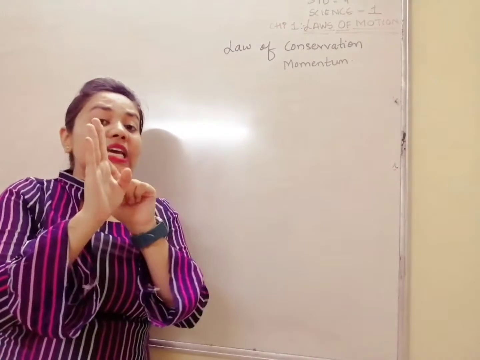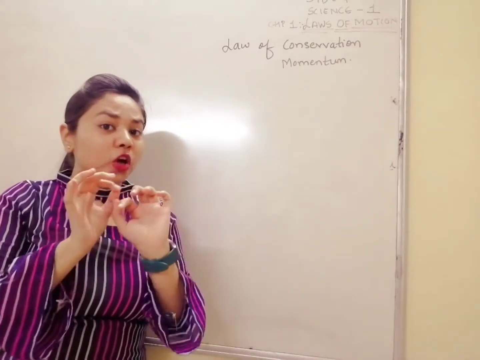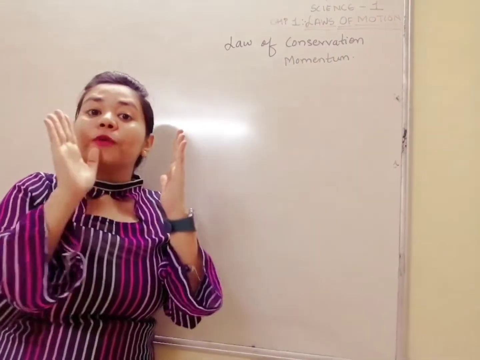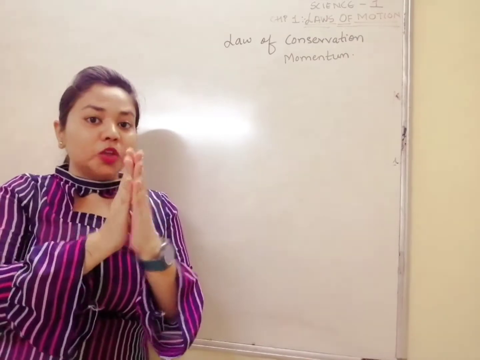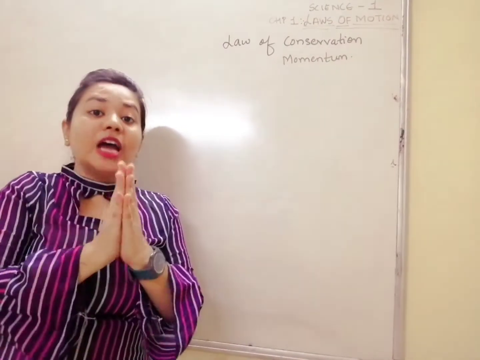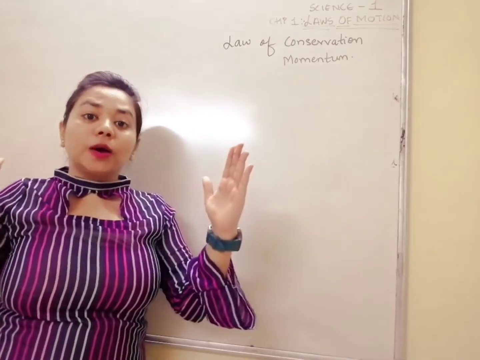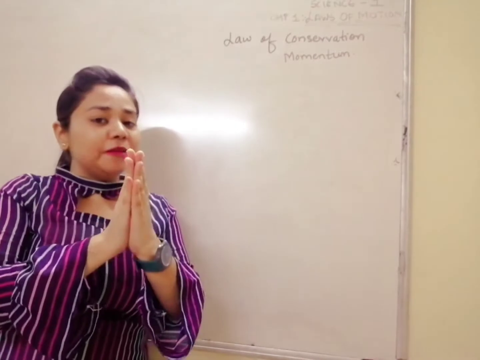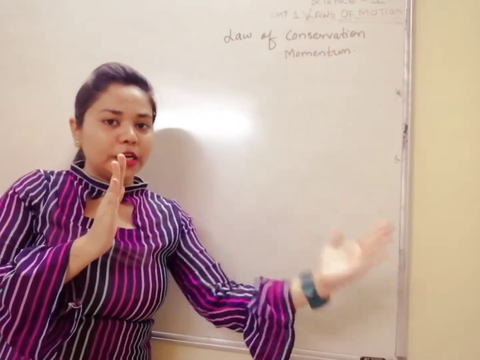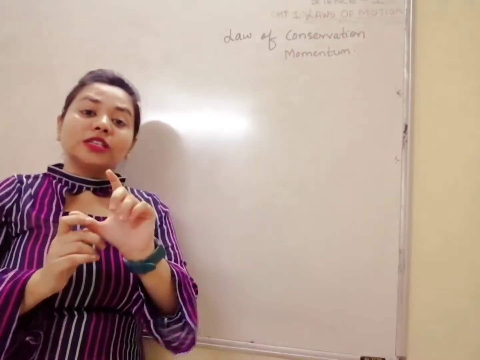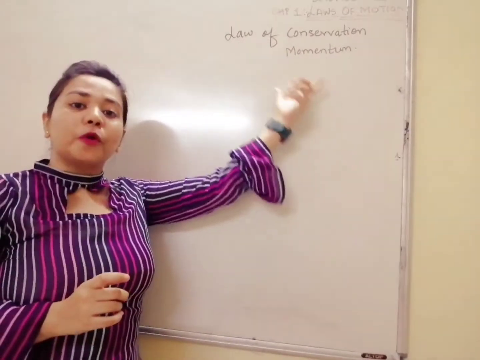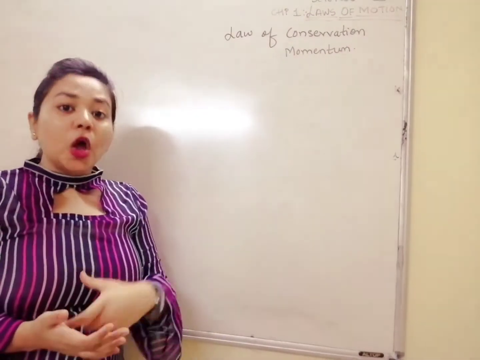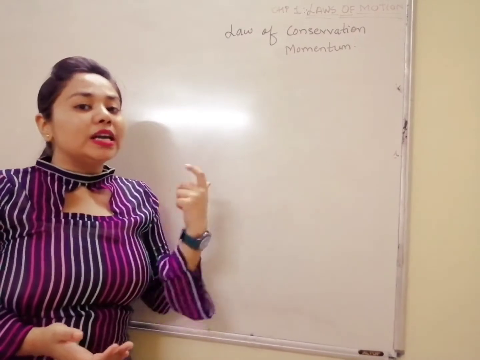So what happens? The change in velocity took place. Mass of both of them remains the same. So before collision, मतलब टकराना is called collision. So before collision and after collision, the momentum, mass into velocity, will remain the same. My right hand has more momentum, and the same will be with my left hand after collision. So this is called the law of conservation of momentum. Momentum before collision and after collision remains the same, or the final momentum is equal to the initial momentum.